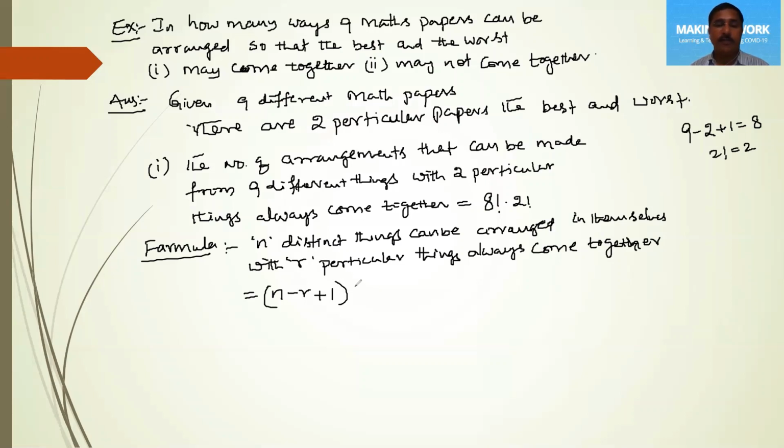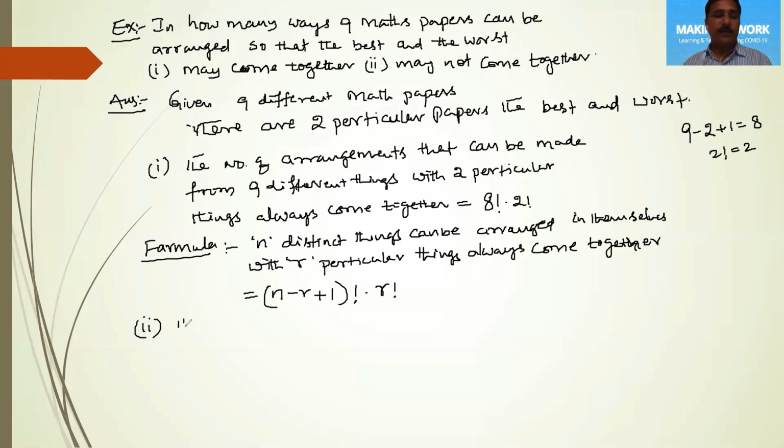Now these elements in themselves can be arranged in n minus r plus 1 factorial ways, and those r elements in themselves can be arranged in r factorial ways. Therefore, both the works in succession, by using the fundamental principle, can be done in n minus r plus 1 factorial into r factorial ways. So here in this above problem, n is given as 9 and the particular things r is given as 2, right? And second,